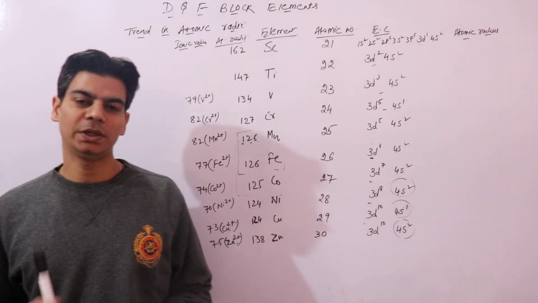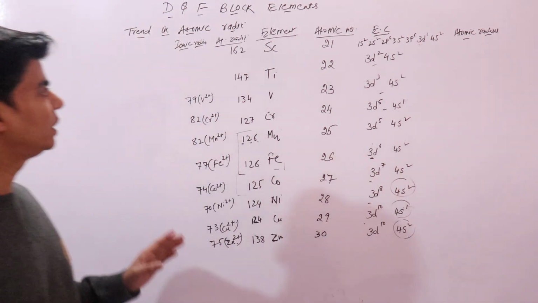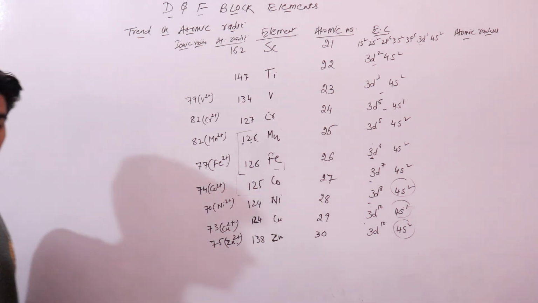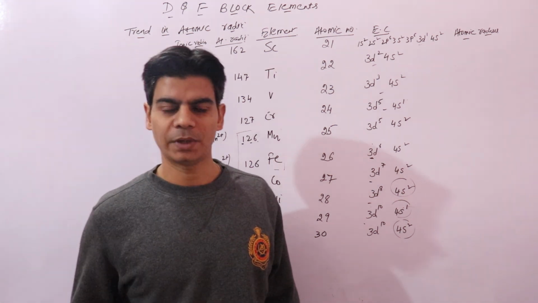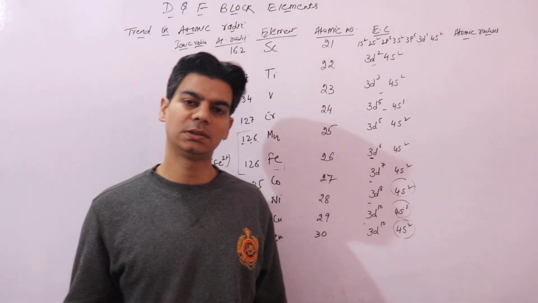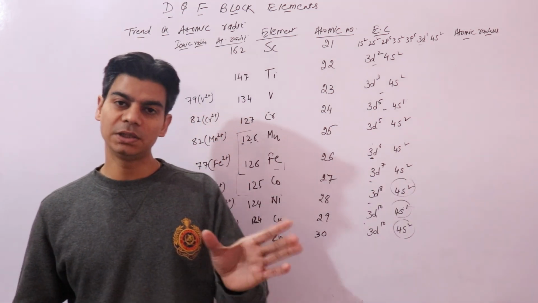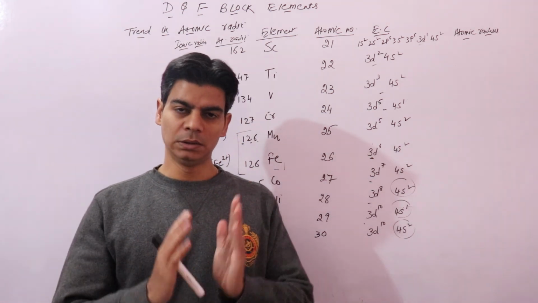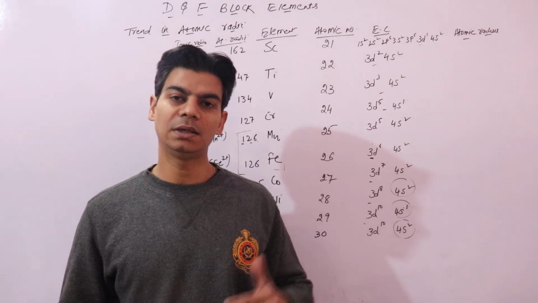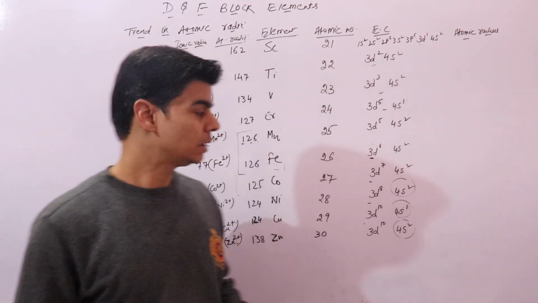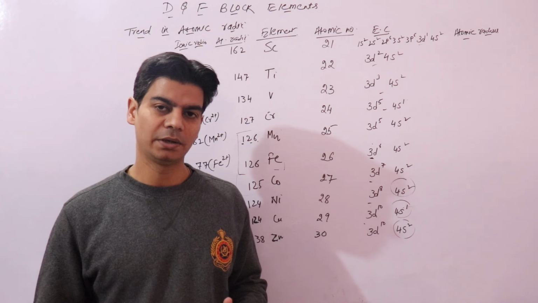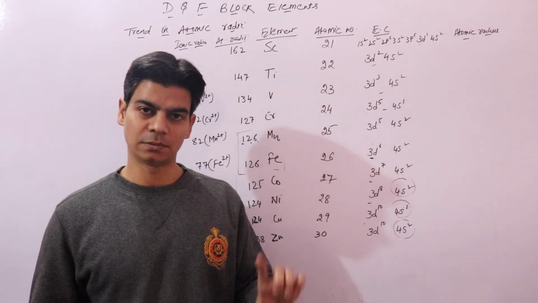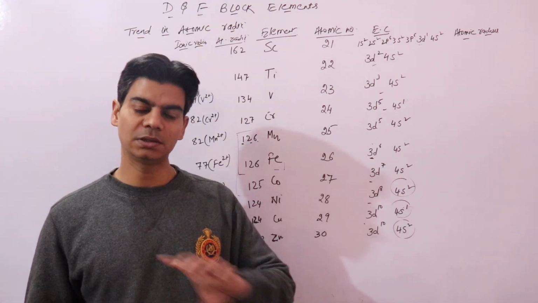Hi everyone. In today's class we will look into how atomic radii and ionic radii of transition elements vary in a series. In the previous video lecture we have already understood about different series, and where these d block elements exactly lie in the periodic table. Now in this lecture we'll see how atomic radii and ionic radii of different elements in the different